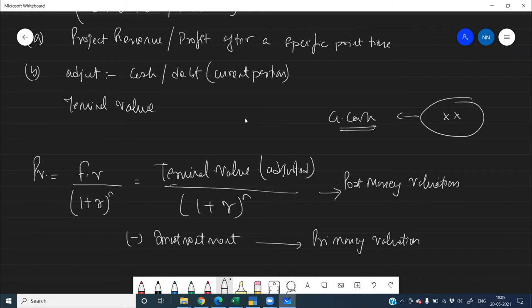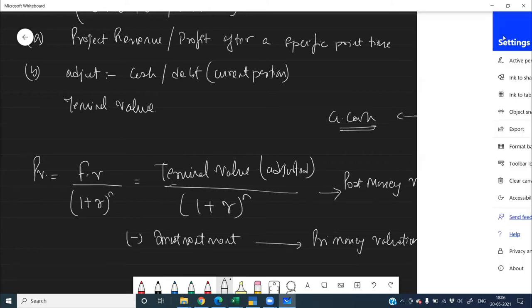Here we don't say future value, we speak of it as a terminal value. And here the terminal value does not get calculated basis Gordon growth model. It gets calculated basis certain other revenue or profits, P/E multiples or revenue multiples. It gets calculated basis that. So keeping this logic intact, let's try to solve the sum.